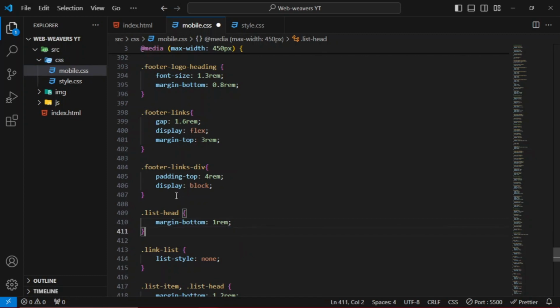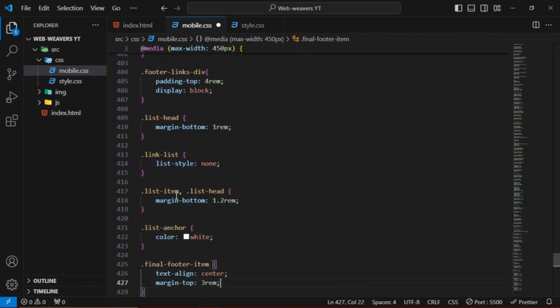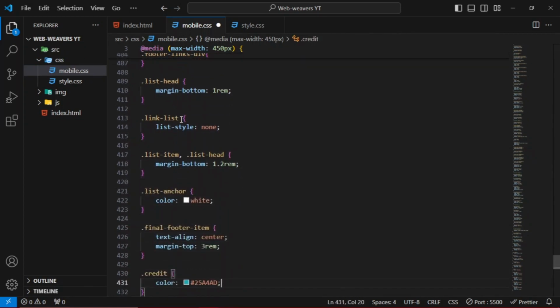List head, margin bottom 1 rem. List item, let me just copy this. List head, list item,